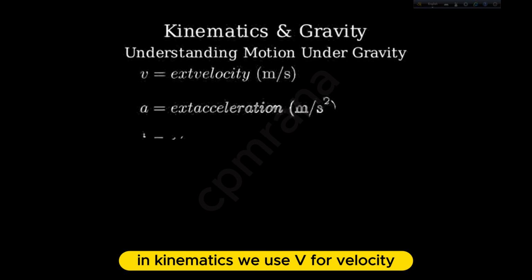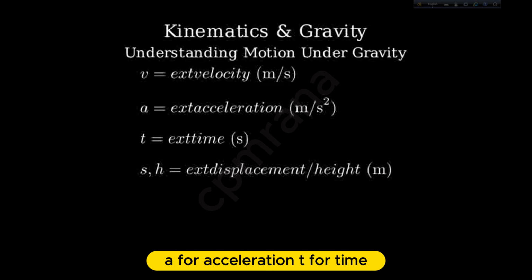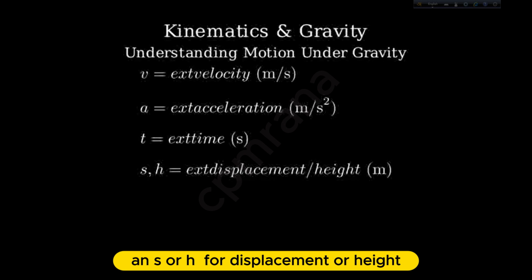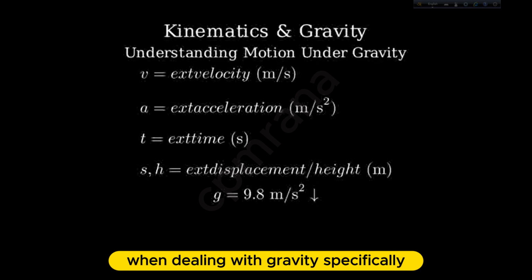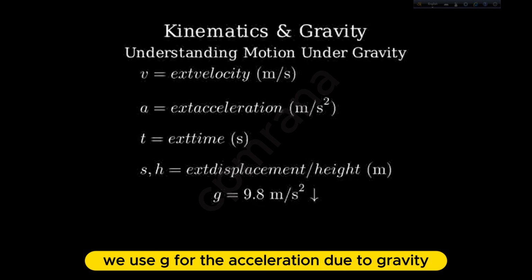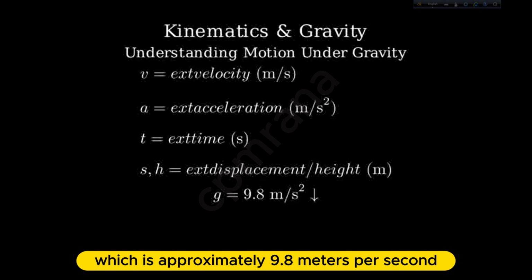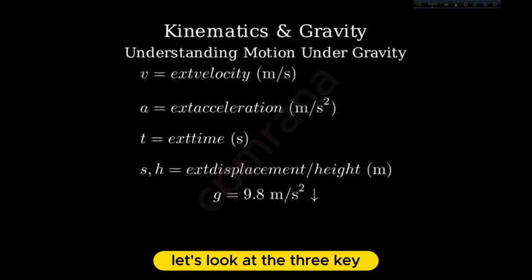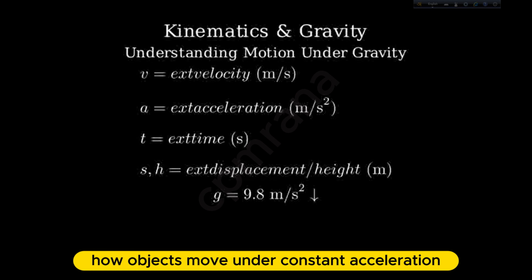In kinematics, we use v for velocity, a for acceleration, t for time, and s or h for displacement or height. When dealing with gravity specifically, we use g for the acceleration due to gravity, which is approximately 9.8 meters per second squared downward. Now, let's look at the three key equations of motion that describe how objects move under constant